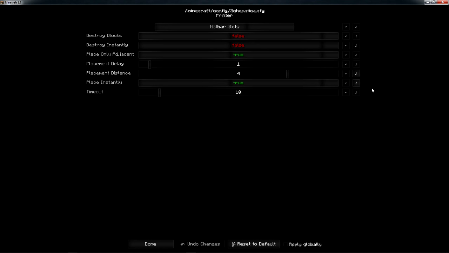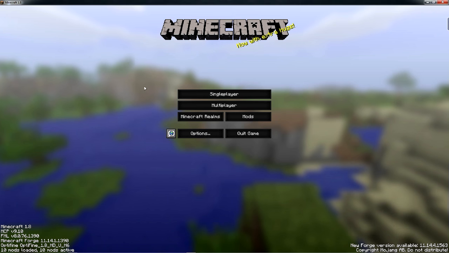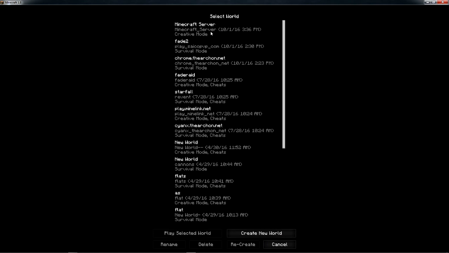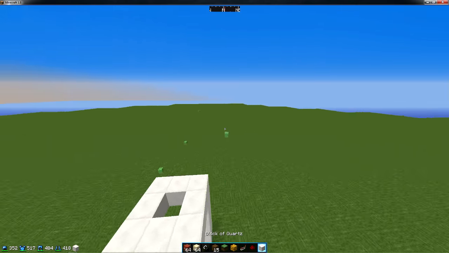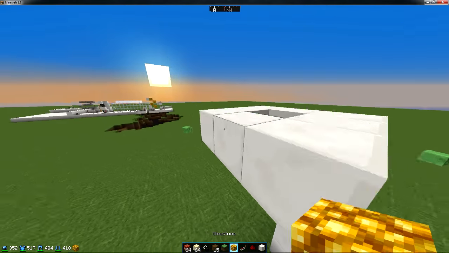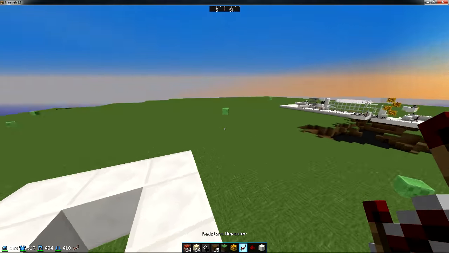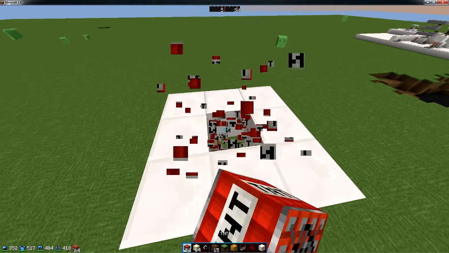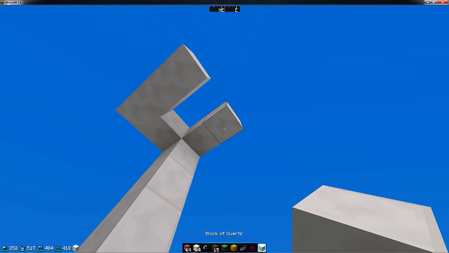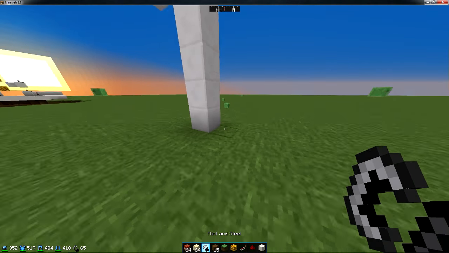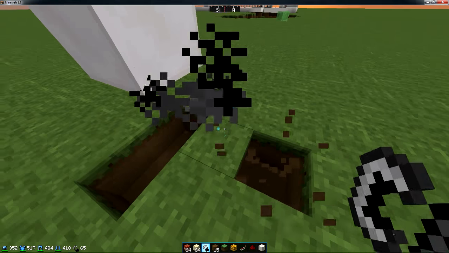These are my settings. It does it really fast, so it might kick you for packets. Be careful with that, but anytime you're using Printer, you'll probably get kicked for packets. So that's a very, very cool mod for cannoning. That is probably my favorite, and a lot of people's favorite, because you don't have to memorize cannons, and that's kind of the key to building new cannons and making them for factions to raid people.